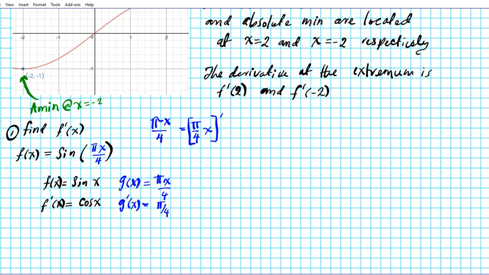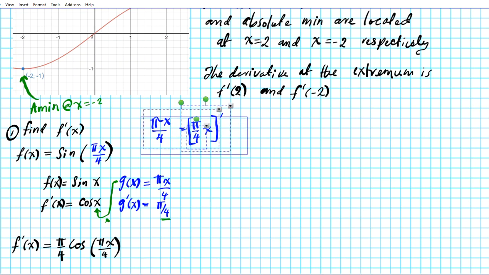Alright? So using the chain rule, the derivative of the outer cosine x evaluated at the inner, so we'll just take g of x and put in here. And then we'll multiply that by the inner function, pi over 4. So f prime of x is going to be the derivative of the outer evaluated at the inner times the derivative of the inner, which is pi over 4. We can put that in front over here. Bam. Alright, so we have the first part, which is